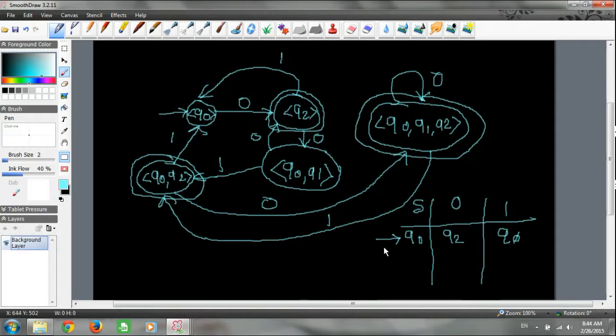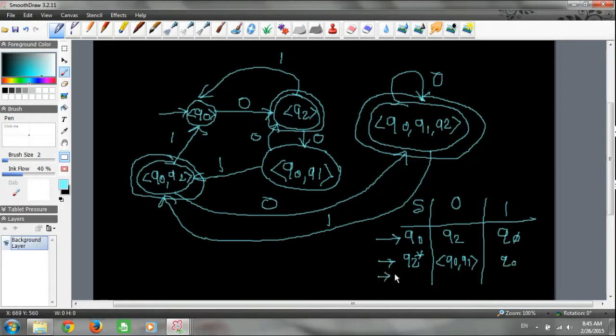Then look at the next state, which is nothing but Q2, which is final state as well. So Q2 to 0, you are going to Q0, Q1. And Q2 to 1, you are going to Q0. So whenever there is a pair or more than two states, you can enclose that in angular brackets.